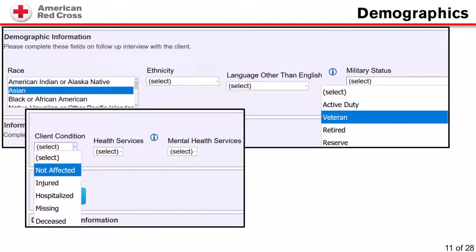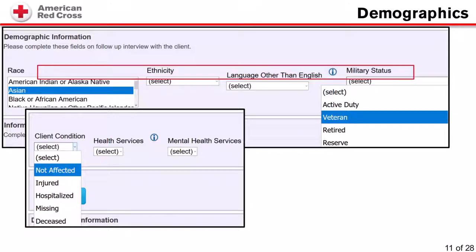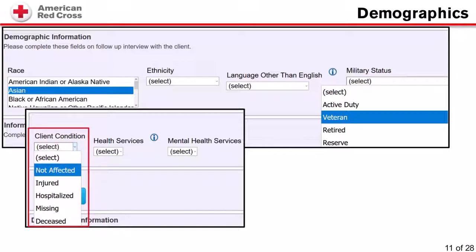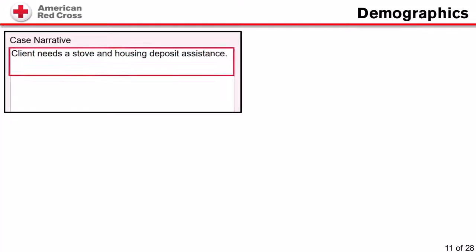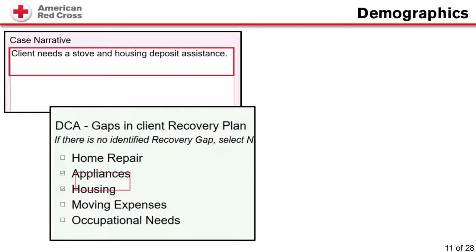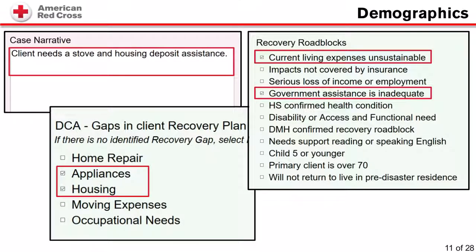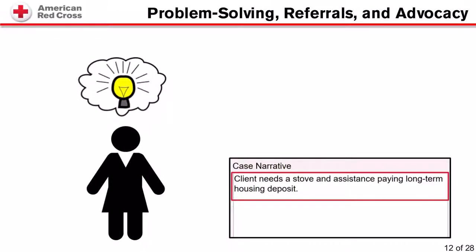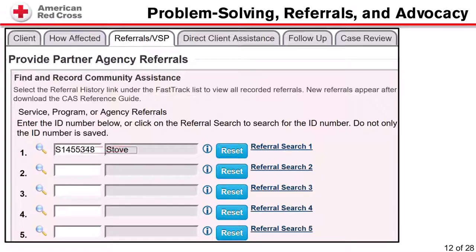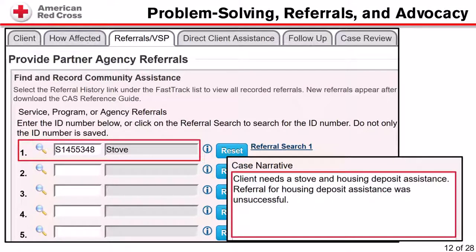When you begin recovery planning with your client, you are completing the data in CAS, including demographics and missing data from the initial interview. You are documenting notes in the case narrative and identifying recovery gaps and recovery roadblocks. As gaps are identified, you are working on problem solving and providing referrals. While doing this, you are documenting on the Referrals VSP tab and adding notes to the case narrative on the